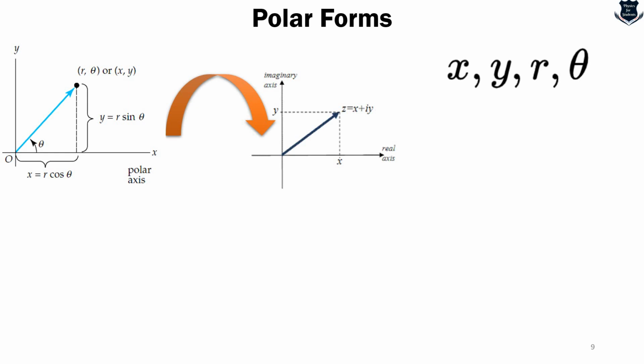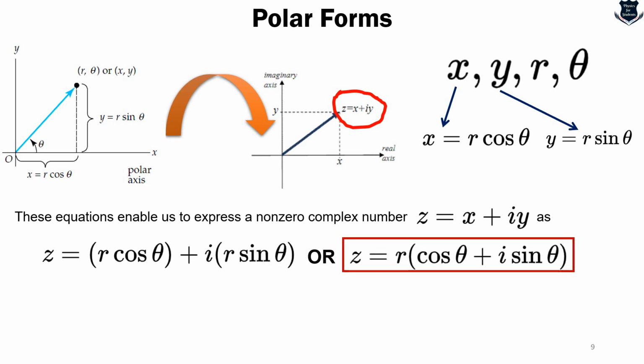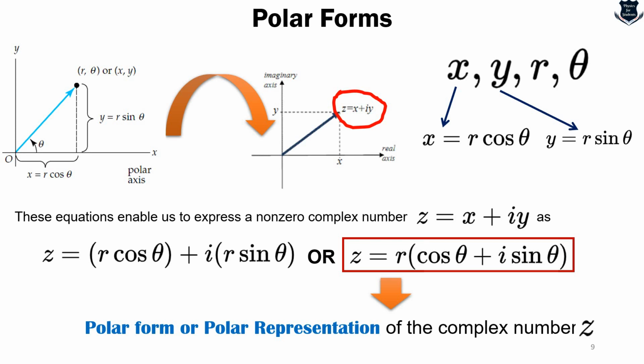Then we can say that x, y, r and theta are related by x equals r cos theta and y equals r sin theta. So these equations enable us to express a non-zero complex number z equals x plus iy. Similarly, I have underlined it in red so that you can find it in the diagram also, as z equals r cos theta plus i r sin theta, or we can say it is represented as z equals r (cos theta plus i sin theta), and we call this particular form the polar form or polar representation of the complex